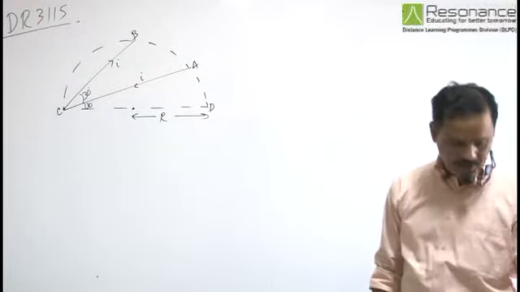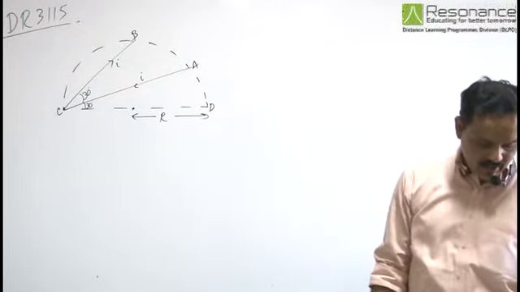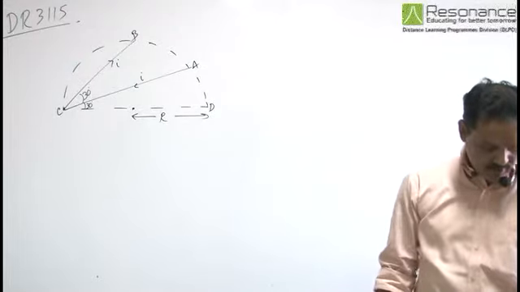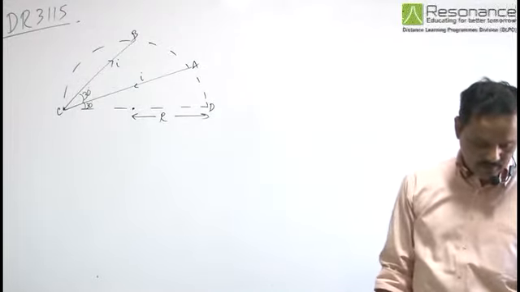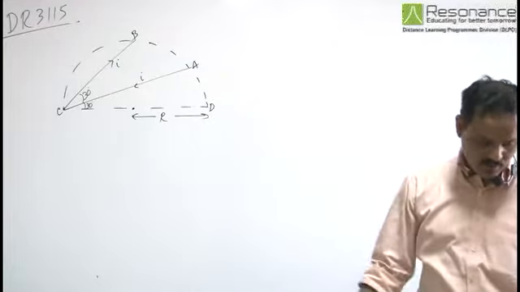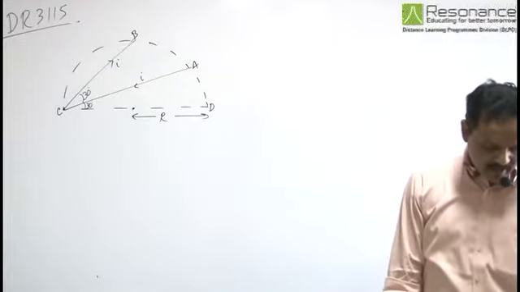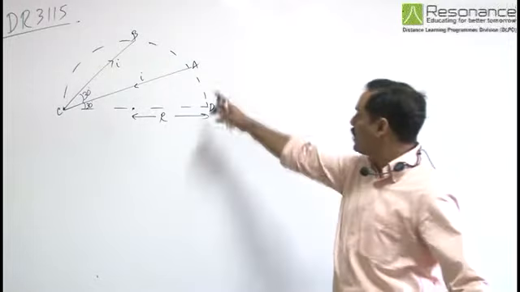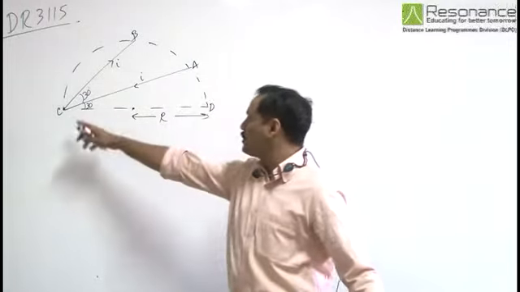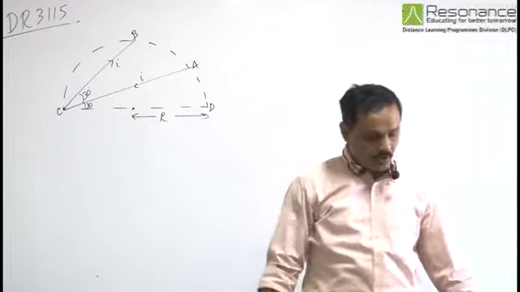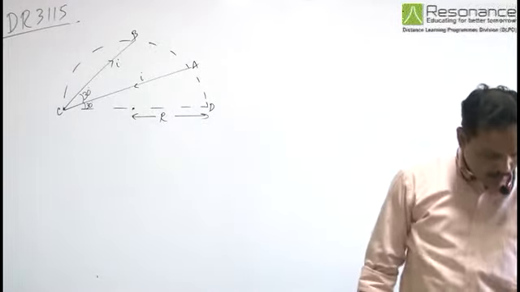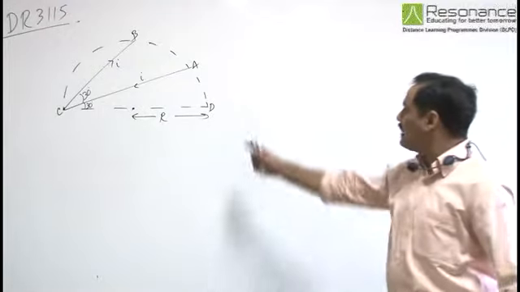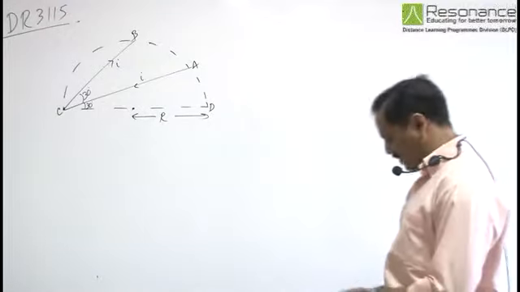In this particular question, a current carrying wire is placed in the grooves of an insulating semicircular disc of radius r as shown in this particular figure. The current enters at point A and leaves at point B. So current goes from A to C and then from C to B. Now we need to find the magnetic field at this particular point D.